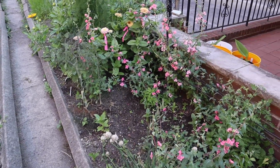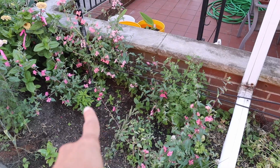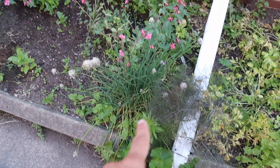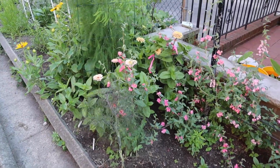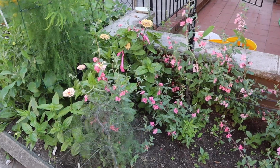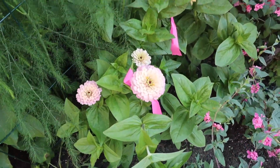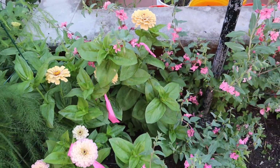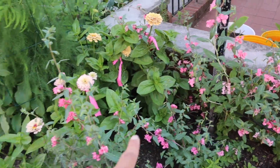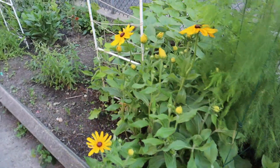On this side here, that's where I saw them first. They were right below the zinnias, and that's where we had the burrows last year in here. So this is looking pretty clear, but we're gonna have to trim around. So this area here, I'm gonna have to trim the zinnias all the way down. I have tagged the zinnias here that I'm going to save for seed. Those are the beautiful floret zinnias. I'm not harvesting them. Now I'm just gonna let them be and save these open ones for seed. So I'm gonna trim them 6 inches, and then I'll see what I'm gonna do here in this corner,